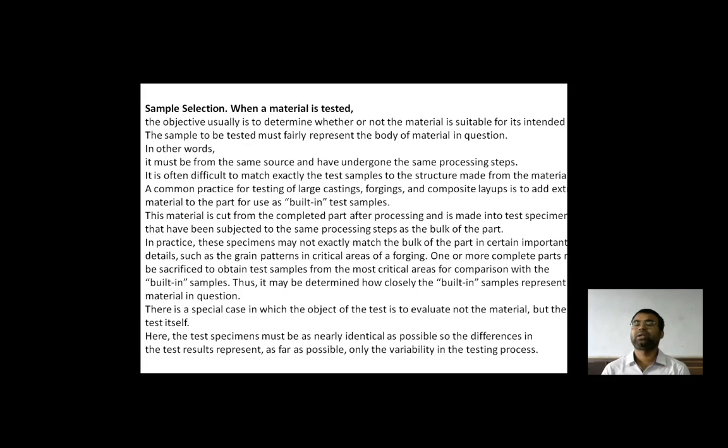So here the scenario is a little bit different, showing that the material which is made is to be cut from that complete part after processing and made into a test specimen that is subject to the same processing steps,